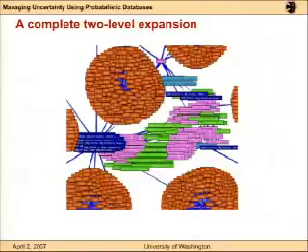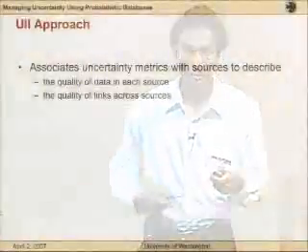So the scientists want to make sense out of their browsing in terms of the links they're following and in terms of the data which they're getting. And here's actually a snapshot of the system with just two-level complete expansion. And you see that there's no way you can make sense out of this information simply because of the number of data sources and the approximate matches across these data sources.